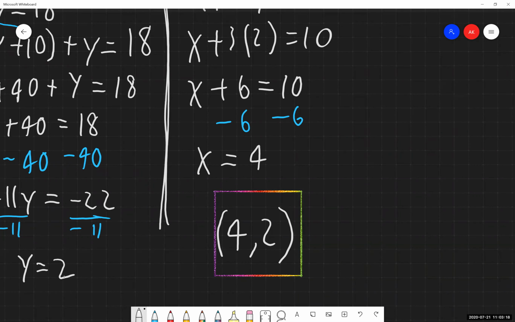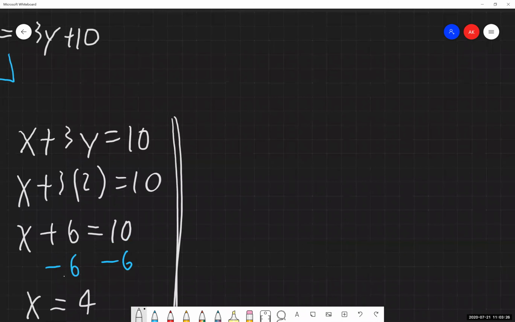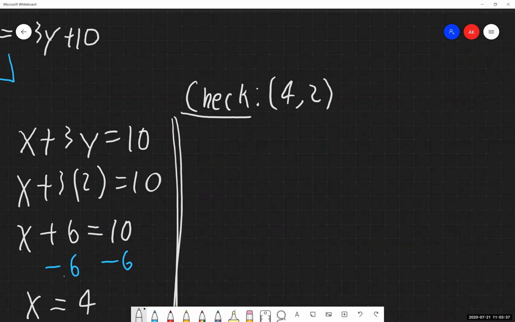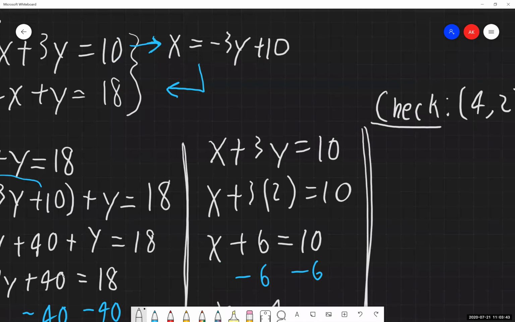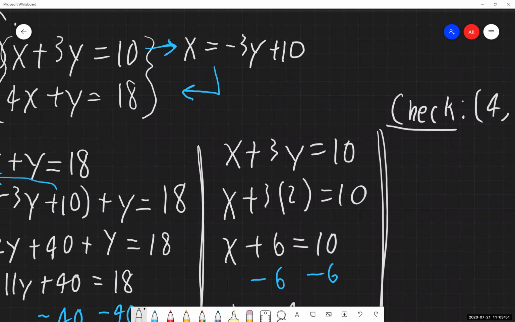Now, if you want to go through and check your work, this is kind of an optional step, but if you're a little shaky on your confidence with how you solved this, it's perfectly valid to do. It's also perfectly valid to do on the test, I should mention. If you're wondering whether you got the right answer or not, you can check your work and realize, oh, I'm going to get full points for this, or maybe I made a mistake somewhere. So I'm going to check my answer in each of my two original problems, the original problems we've been given.